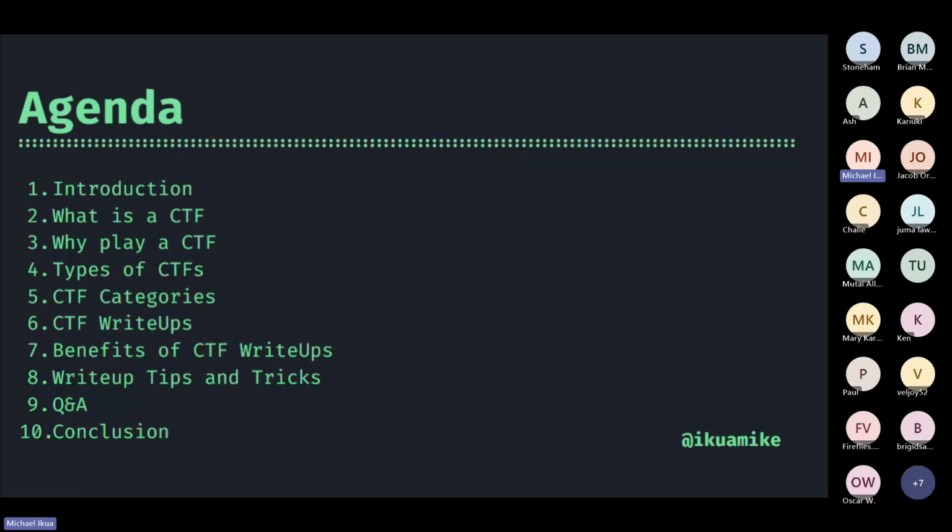And another one is boosting a resume, since I think in the recent past, CTF experience has become a good metric for showing your experience in the industry. If you don't have any real world or company experience, you can show how many CTFs you played and how you succeeded in those various challenges, because some CTF challenges are usually set up to be somewhat real world.